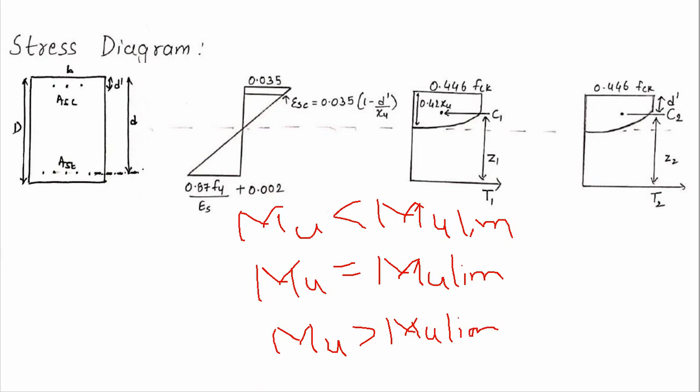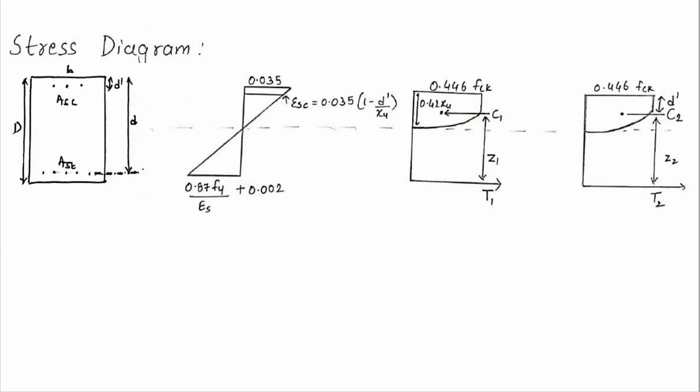If you could remember, we were using equation number B for this, equation number C for this of your page 96, and equation number D for this. And in that equation number D, it is mentioned that this section cannot be designed, or it has to be redesigned, because it is not feasible to provide a singly reinforced section for this. So again we will take the same example. Let us say that Mu is greater than Mu lim. That means LHS is greater than RHS.